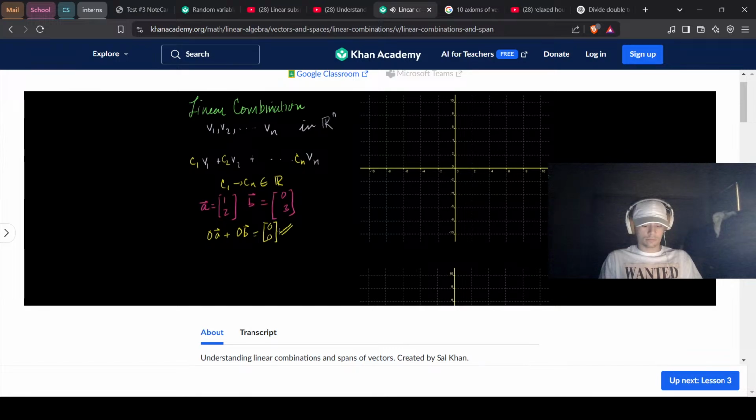And we can denote the 0 vector by just a big bold 0 like that. We could also, I could do 3 times a. I'm just picking these numbers at random. 3 times a plus, we could do a negative